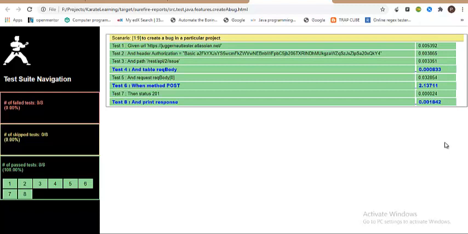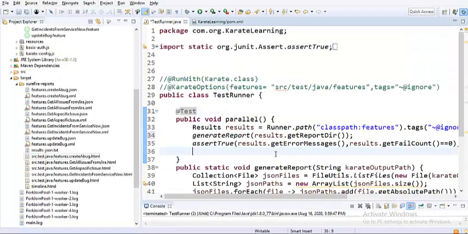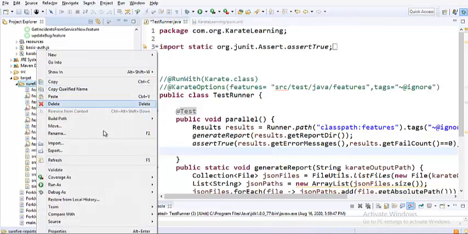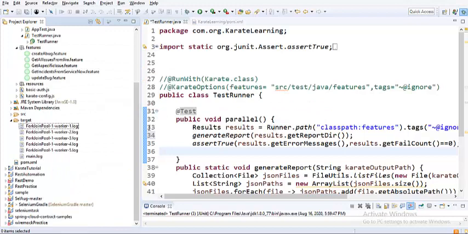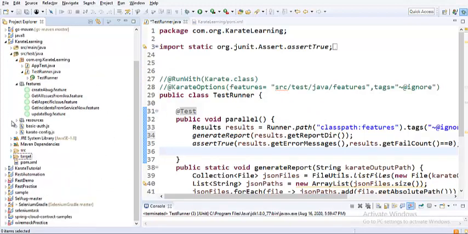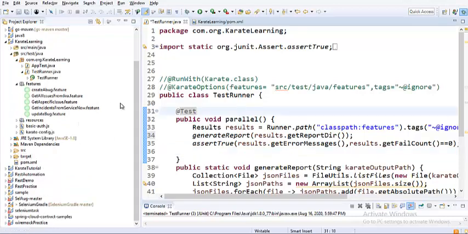But in our last execution, we ran about 6 scenarios, and every time I cannot open each and every feature file, each and every report, and observe whether there is a failure or not. It is a very tedious job. That is the reason I am opting for some optimization. I wanted to generate a report which will have all the feature file details together. So let me delete this directory so that we are not confused about which reports were generated earlier and which now.